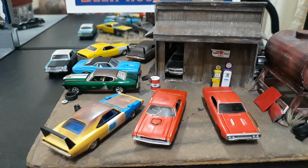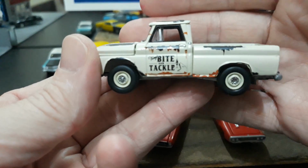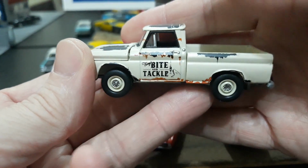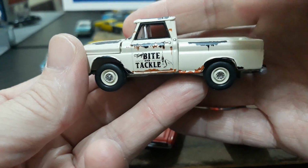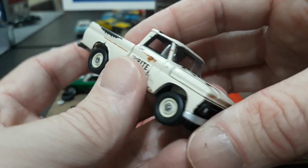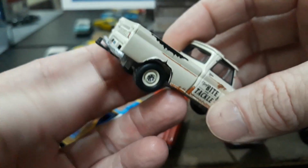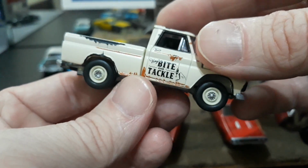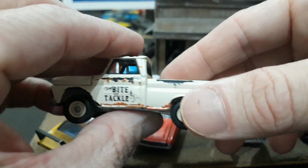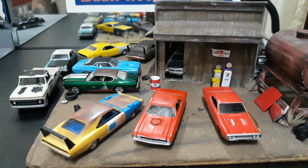And speaking of old trucks, here is an old beater. This would probably be a barn find. This is from the Gone Fishing series from Johnny Lightning from a couple years back. They made this truck in a red variant too, with the same patina. So pretty cool old truck. '65 Chevy, opening hood, with the hitch. So it's great for displays and such with trailers. Usually I have this setting out here with either the NCIS Challenger on the back or the